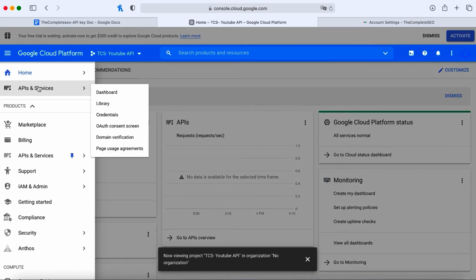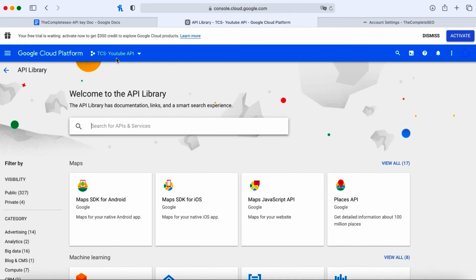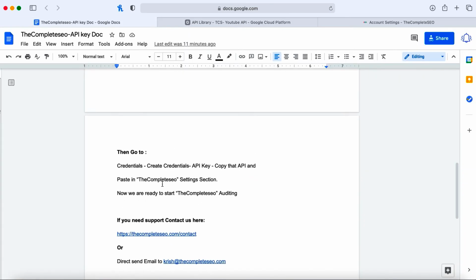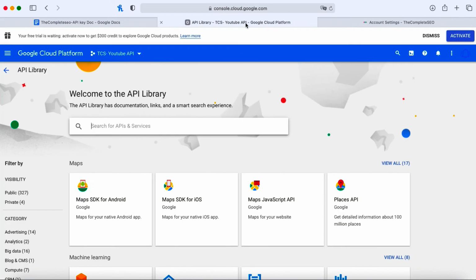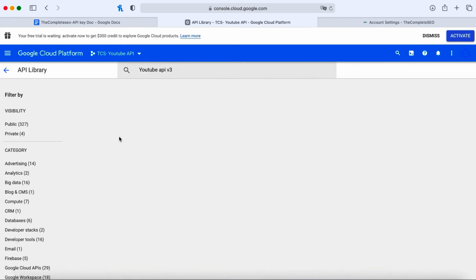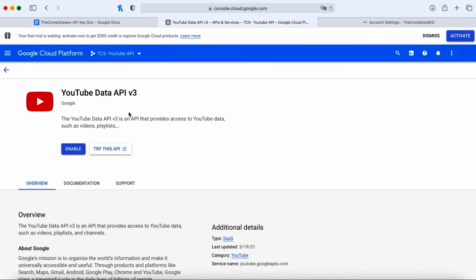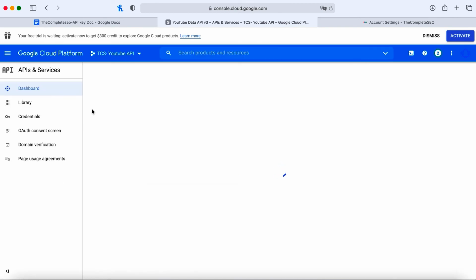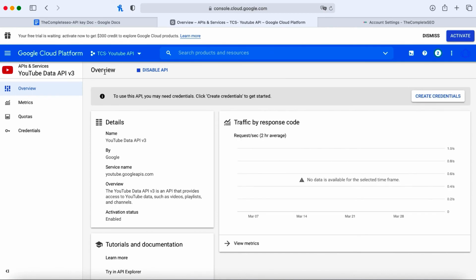Go to the navigation menu, API services, then library. Search for YouTube Data API v3, open it, and click enable. That's it. We successfully enabled the YouTube API for